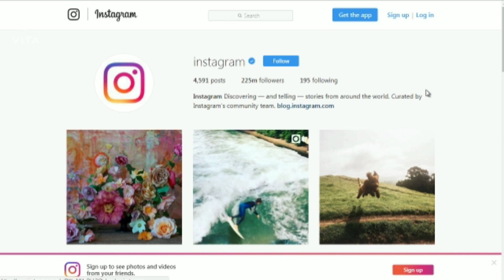Now you can see, like I said, with Instagram, their profile, they're directing you to their blog. They're still trying to gain your trust, right? So they've not directed you to a certain product, but of course that's Instagram. They could direct you to Instagram.com, but for whatever reason they chose to direct you to a blog.